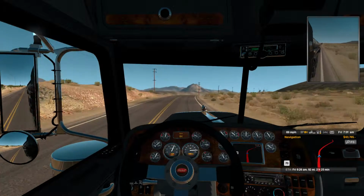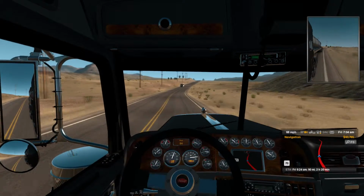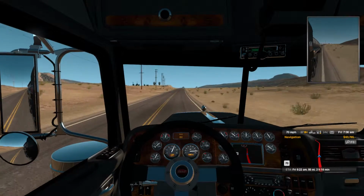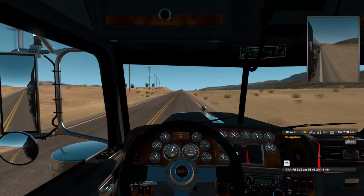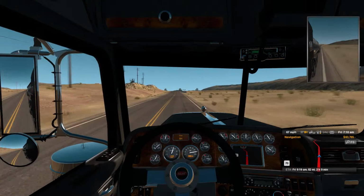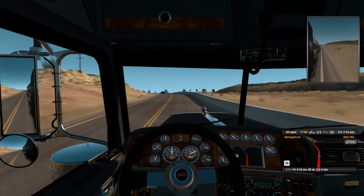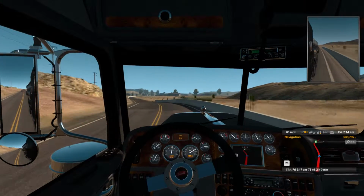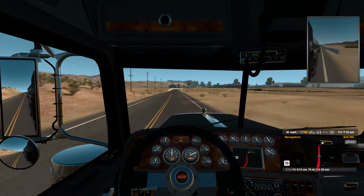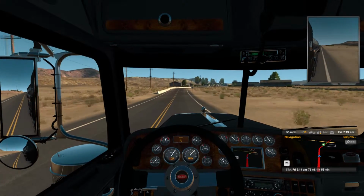So I'm kind of surprised we're able to go 70 miles an hour down here. I'm not surprised at the speed limit. I'm surprised that my truck is actually able to go 70 miles an hour, because usually with trucks like these, obviously they weigh quite a bit more than a regular car. And plus I got the trailer, so, you know, not really sure. I mean, I'm glad I can get up to 70 miles an hour. That's a good thing, but